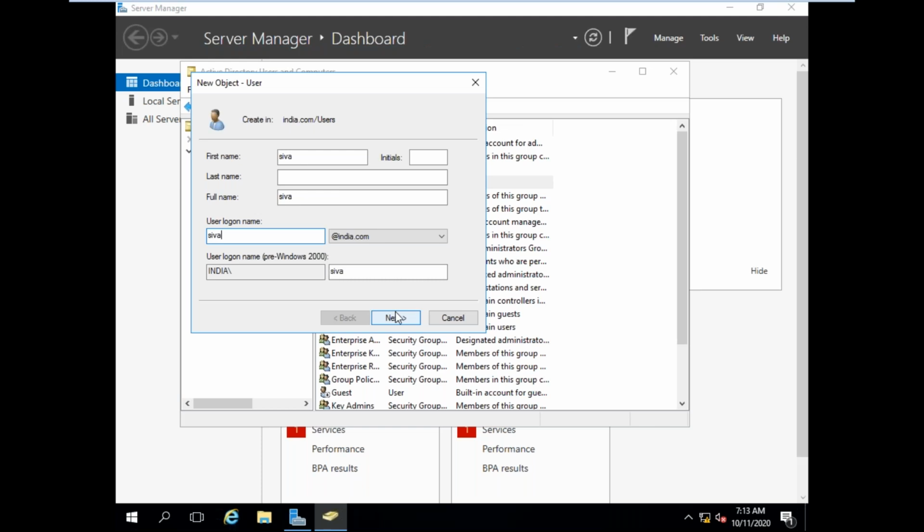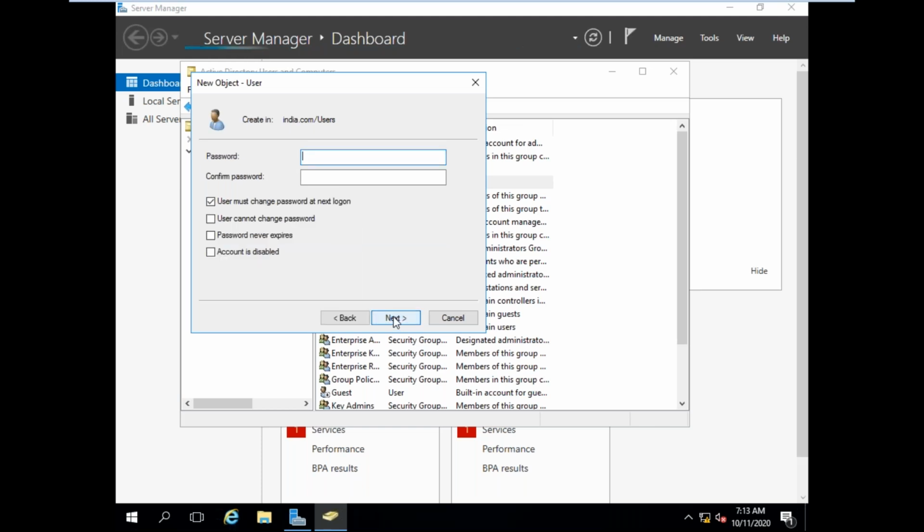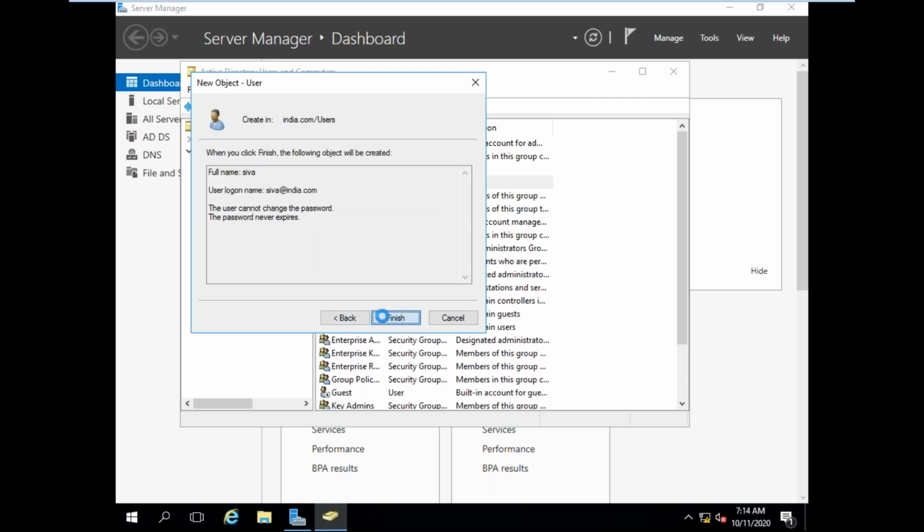Next, password, I am giving Shiva@123. Shiva@123. Uncheck user cannot change password. Password never expires. Next. Finish.